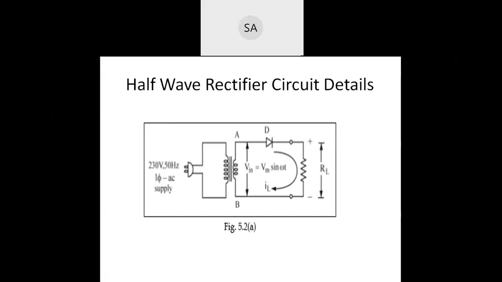So, half wave rectifier circuit detail. Here, this is our AC main supply, 230 volts, 50 Hz frequency, single phase AC supply. That is applied to the transformer. So our first circuit in the regulated power supply is the AC mains applied to the transformer and then applied to the rectifier. This is the rectifier circuit, that is the diode, and this resistor is connected as the load. We call that resistor the load resistance. Okay,